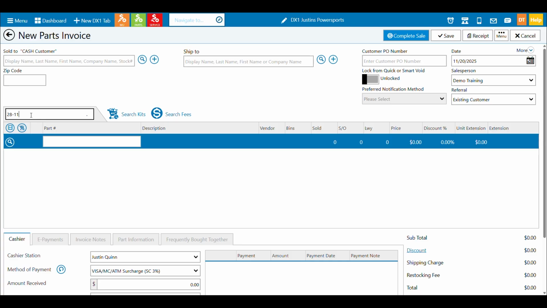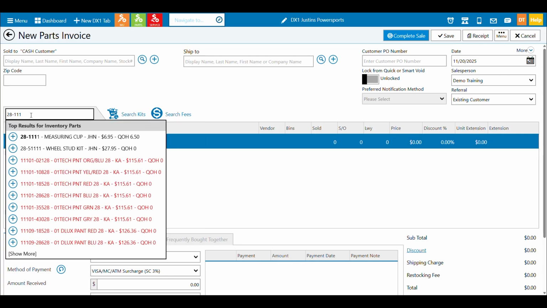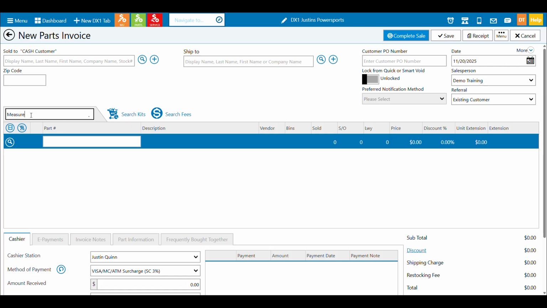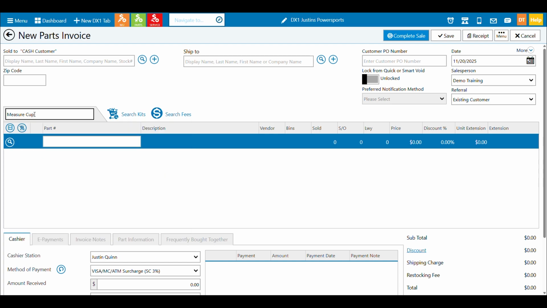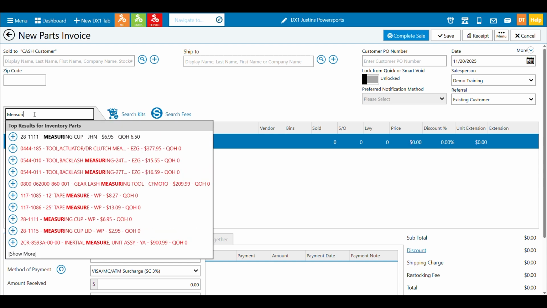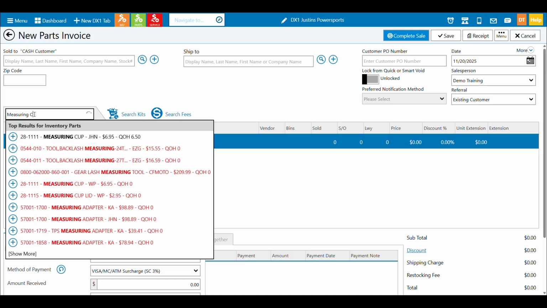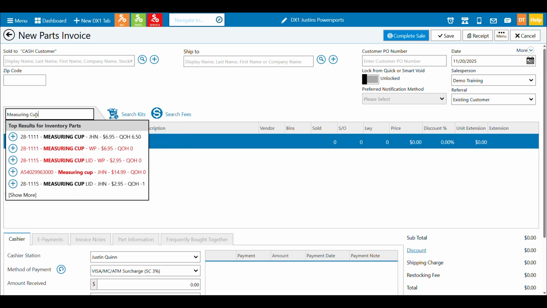It's an easy way to look up part numbers or see matches of certain part numbers. I can look up things by description, measure. I could put in cup, and you can see I can start to maybe potentially get some good matches there, measuring and cup. And you can see it wants to match up stuff that's bold. It can tell me if I have the same thing in different catalogs, whatever it may be.